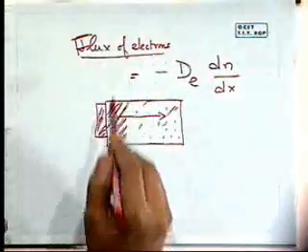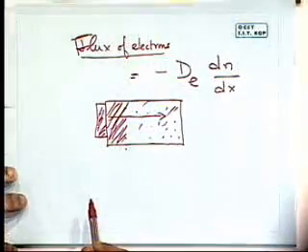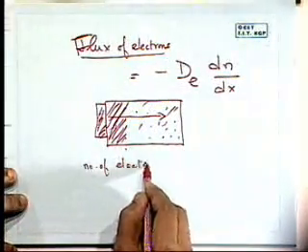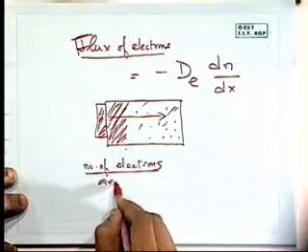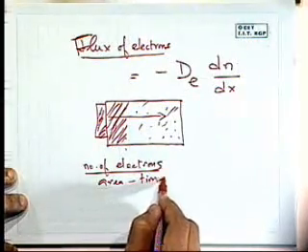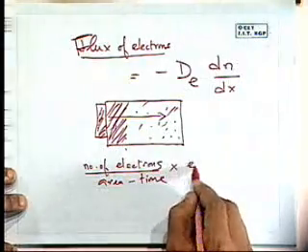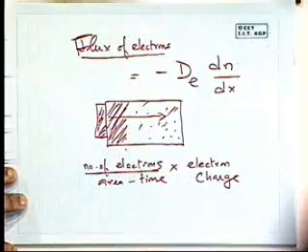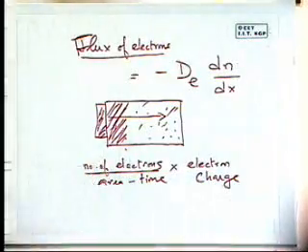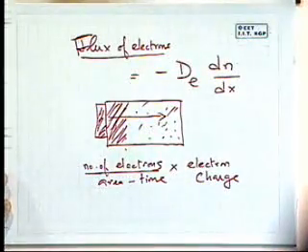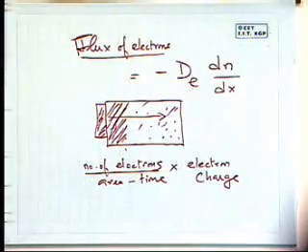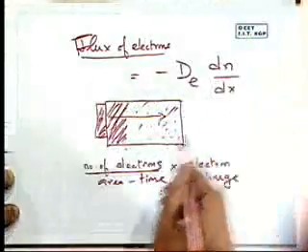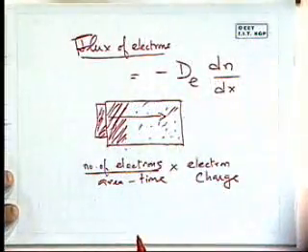Now remember, this is the flux. Flux is the number of electrons per unit area per unit time. If I multiply that by the electron charge, what do I get? This is the number of electrons, and I multiplied it by the charge on each electron. What do I get then? Current density. So basically, this term multiplied by e should give me J, which is the current density for the